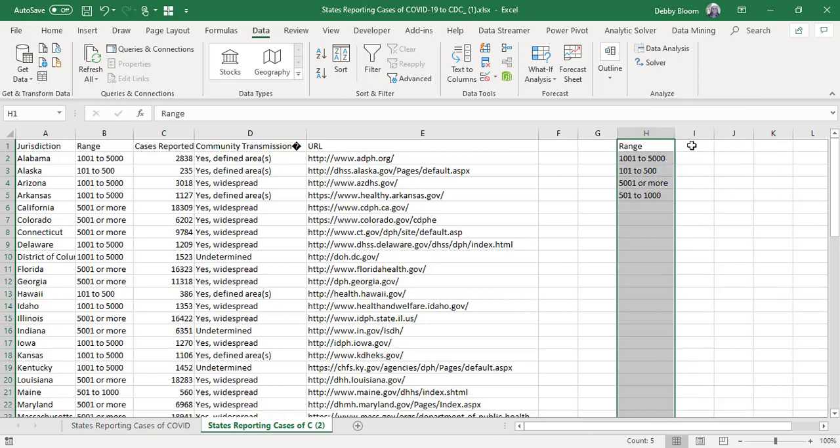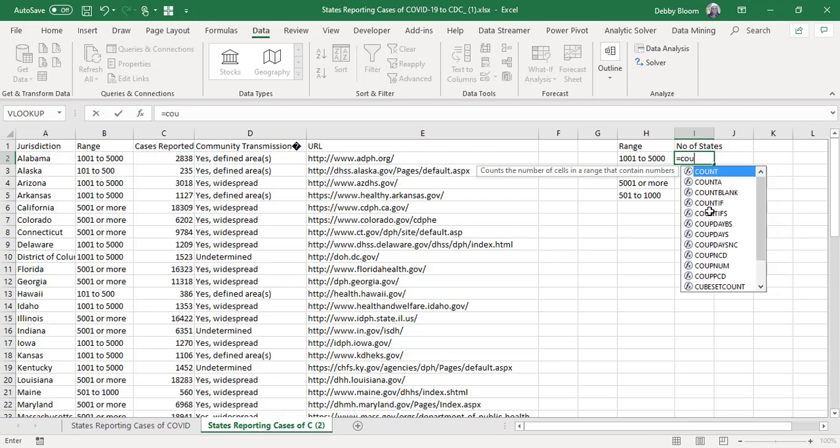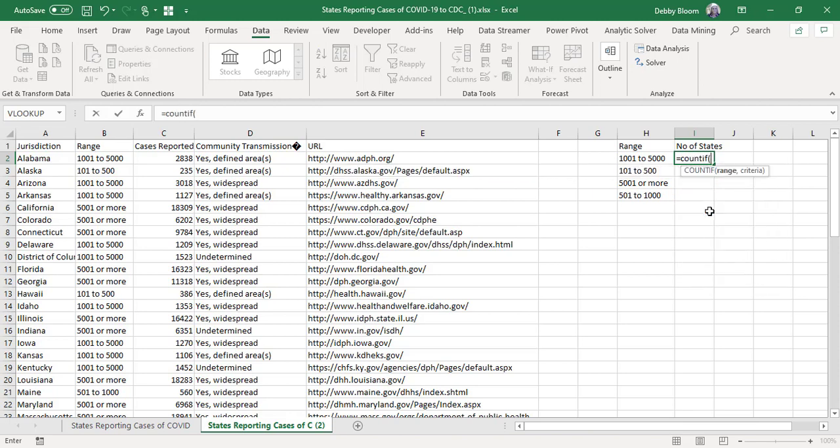So now I'm just going to make that a little wider, and in cell I1 I'm just going to type number of states, and I'm just going to do a COUNTIF. So I'm going to type in cell I2 equals COUNTIF and open the parentheses. The range I'm going to count is column B, so I'm going to click in cell